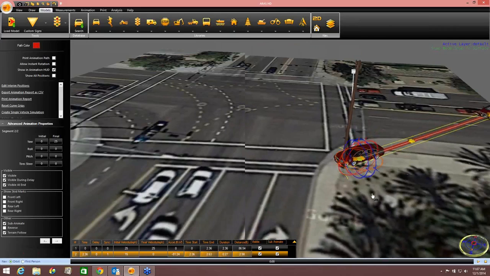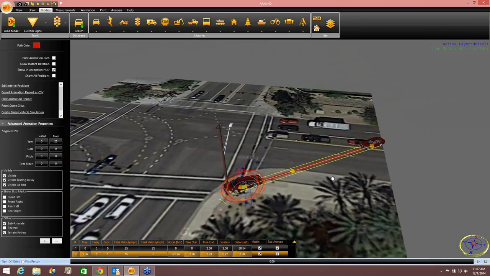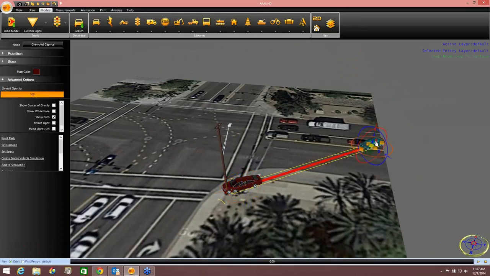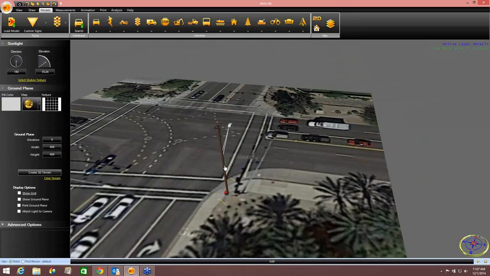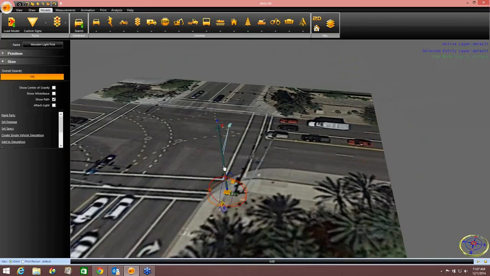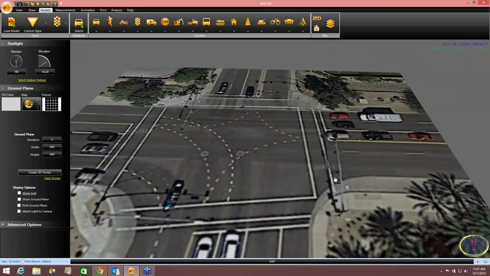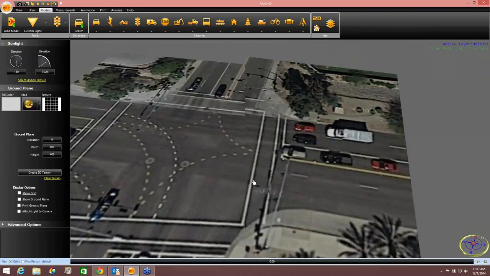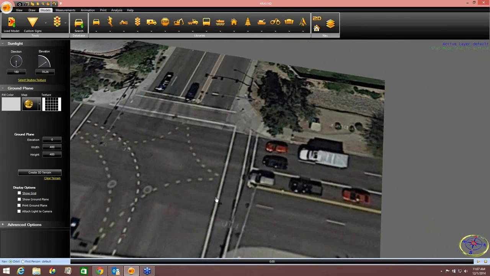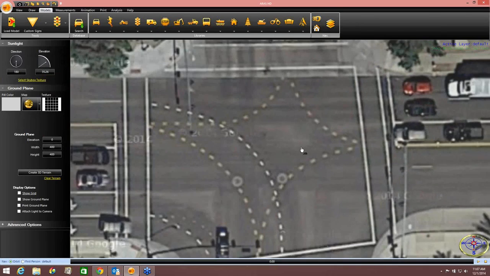Now, let's do something else here. What if you want the car to go airborne? Right now, we've got the cars defaulting so that they will stay on the ground and follow the contour of the ground, whether it's a flat picture like this or whether it's our digital terrain modeling where you adjust the surface to follow some total station points. But if I've got a ramp here, and I'm just going to build a ramp, I'll show you how you can make these cars